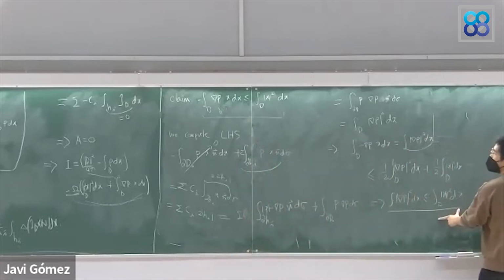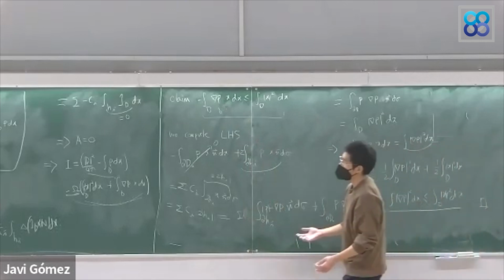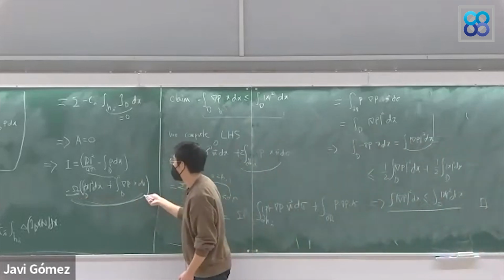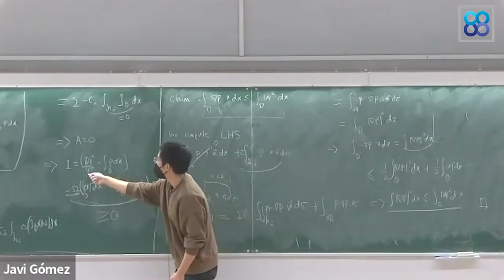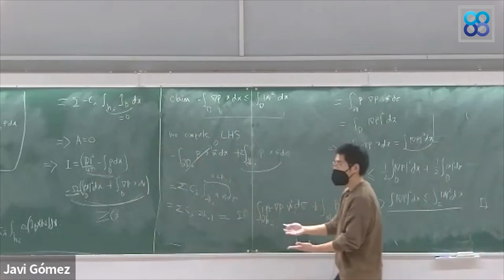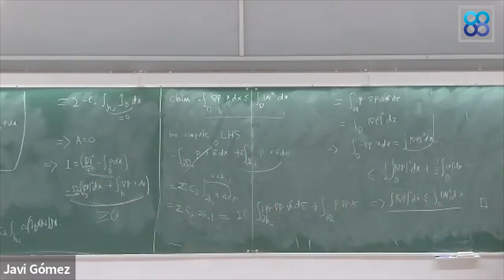So we get this. Let me finish. This is always a non-negative number, and this can be 0 only if the patch is a disk or an annulus. And we already have that the I erased